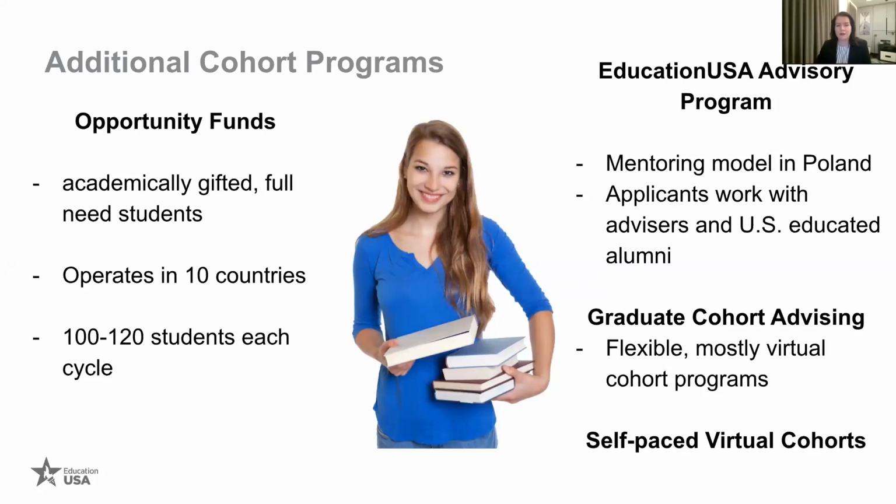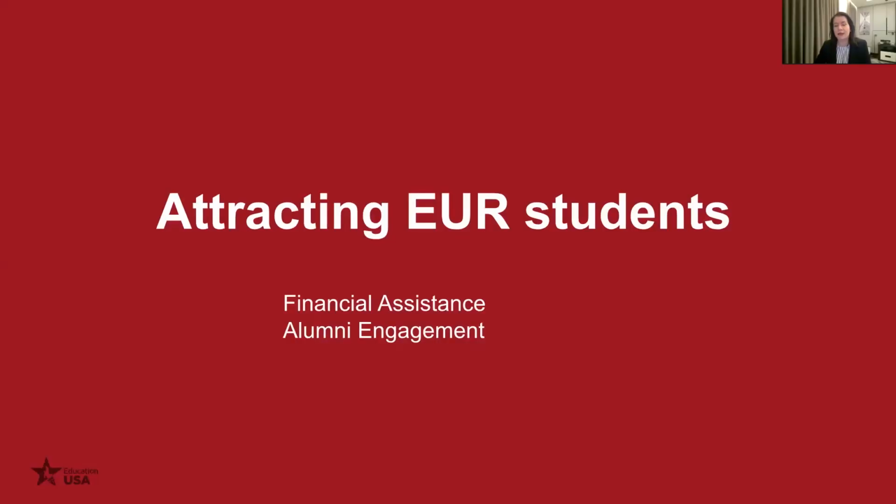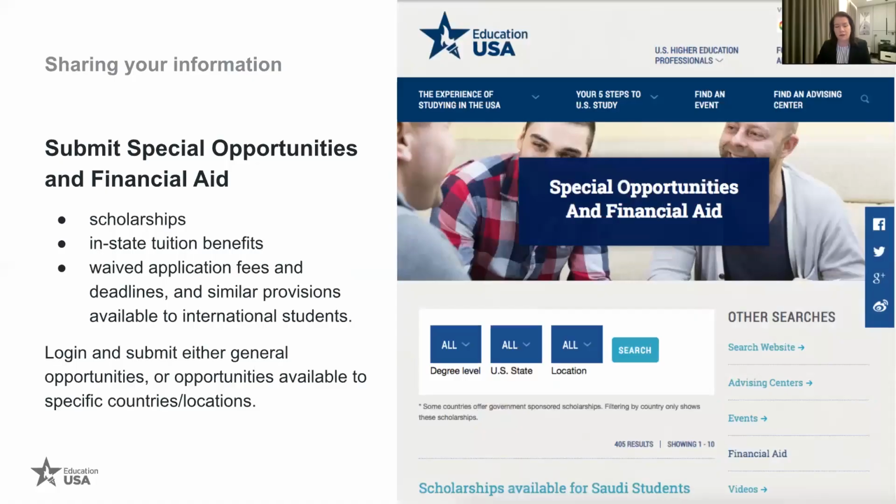And we talked about a couple of opportunities that our students have access to. When they apply to US universities, they combine multiple resources. And the next slide will talk about the financial assistance that they look at. So besides combining their own private funding, maybe government scholarships, they're also interested in seeing what kind of funding does your institution, if you provide any. What kind of funding do you have?